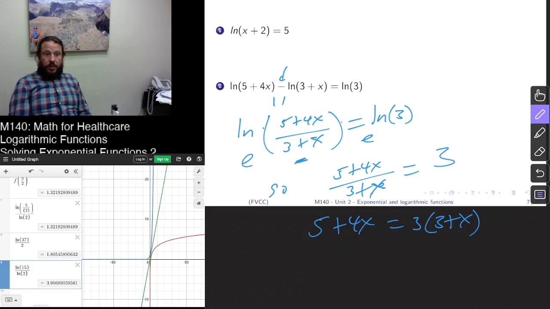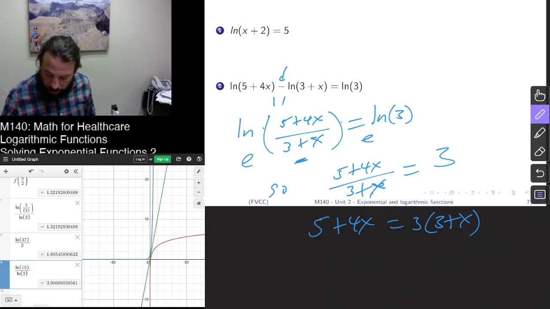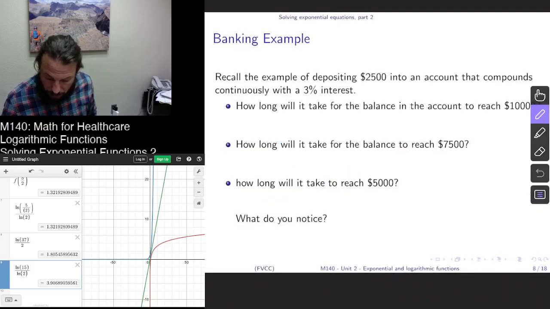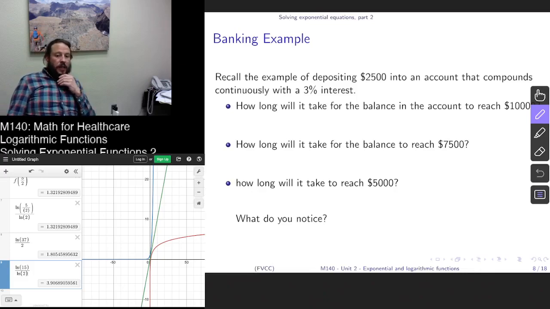But that's basically how we use exponential and logarithmic functions. The next section is going to deal with that banking example, and I'm going to do that in another video tomorrow. But you're more than welcome to try solving the applied ones, and you're not using anything different than the tools that we just learned. And don't forget to